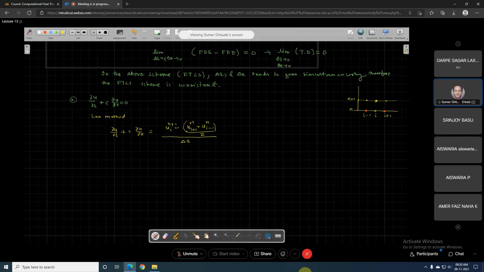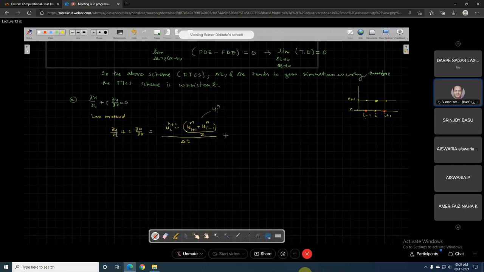So what is the Lax method doing? The first term is taken from the n plus 1th and nth level terms, but rather than taking the ith level term, he is taking the average of these two. I plus 1, I minus 1, the average of these two will be the I value. That is his understanding. This is nothing but u I n, isn't it? This should be u I n, that is what he said. But while taking this particular scheme, although this average represents the u I n value, this particular expression has a problem. So that is what we wanted to say.